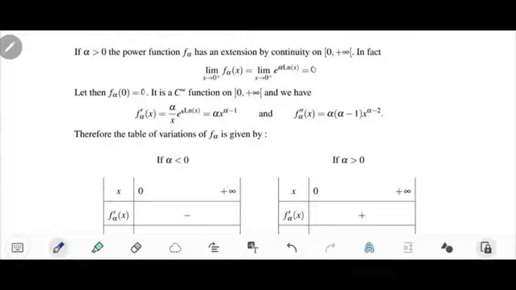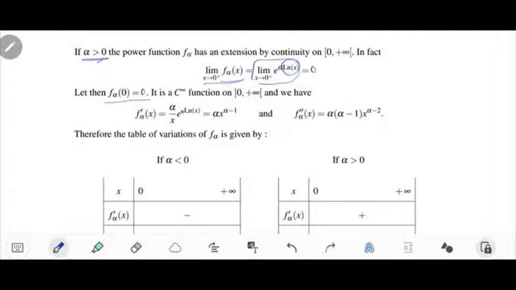So now, since it's not defined at 0, we will calculate the limit when x goes to 0. So the limit of f alpha of x when x tends to 0 is equal to the limit of e to the alpha ln x. So this tends to minus infinity, then e to the minus infinity will be equal to 0. This, of course, if alpha is positive. Then for alpha positive, we will extend the functions to the point 0 by the value f alpha of 0